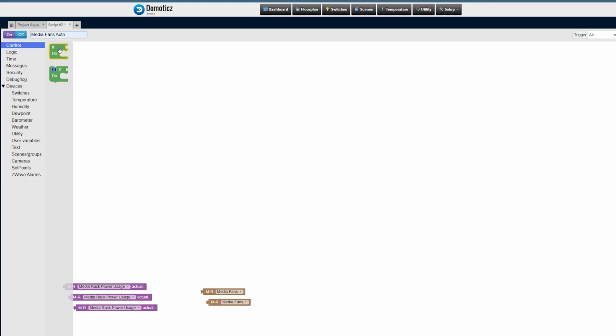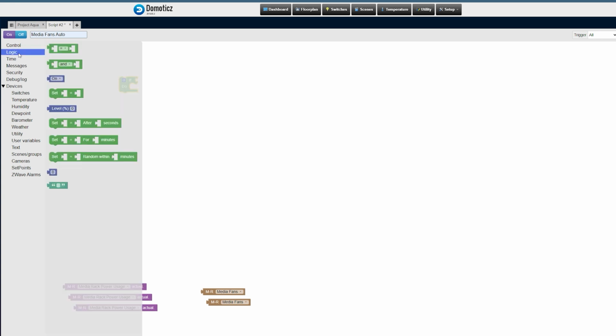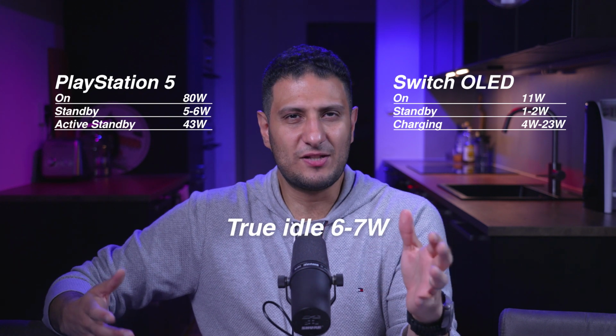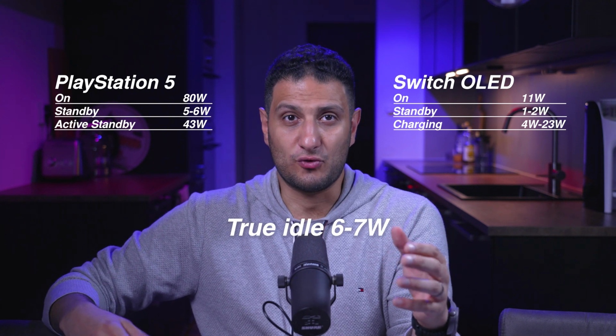Under Control, you'll find if statements. The upper one here is just a single statement, but we have more criteria, so let's choose the one with the cog. We'll get to the cog in a second, but first, let's make our initial statement. We want the fans to turn on when the PS5 turns on. Remember, it would draw about 80 watts when it was on. But let's give it some headroom, so any power draw over 70 watts and we want the fans to go